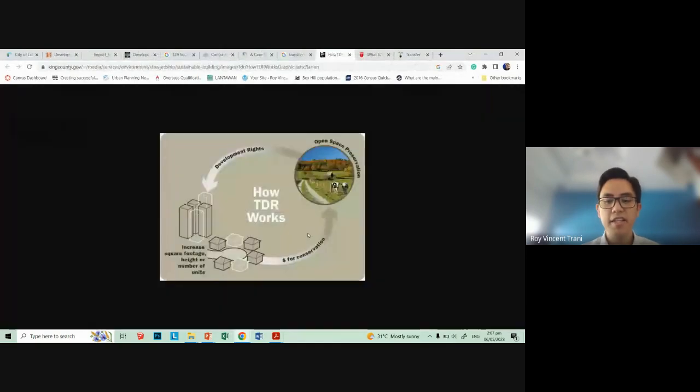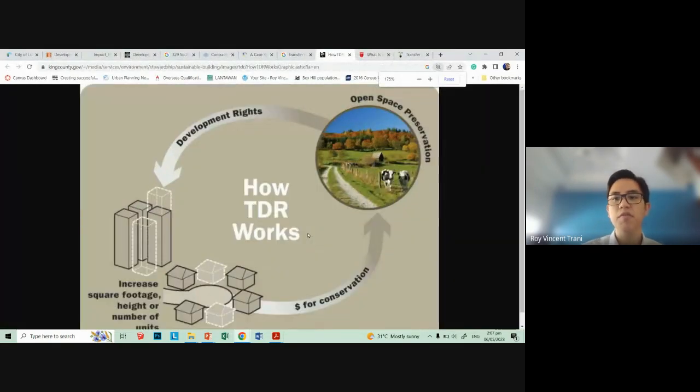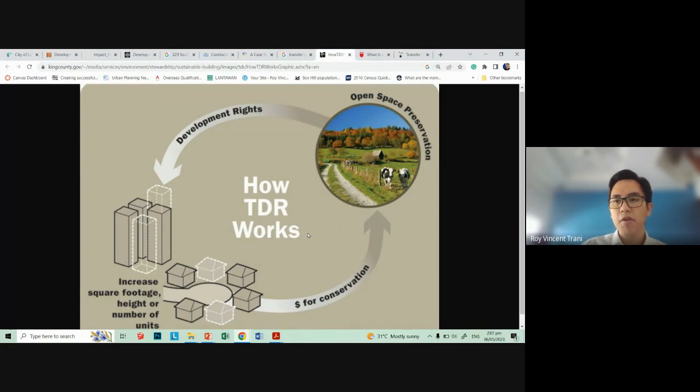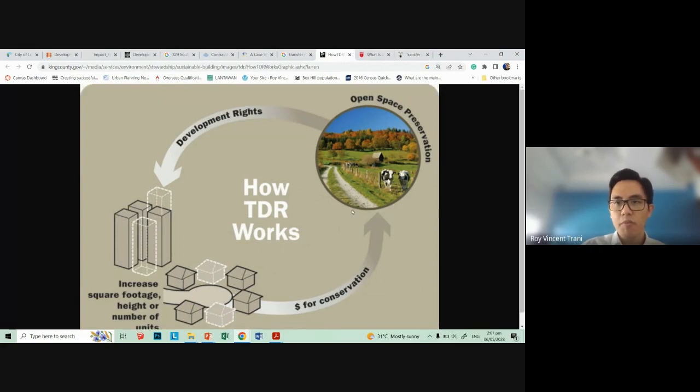So the basic idea of the transfer of development rights is that, for example, an open space preservation or a protected land area is being contested or eyed by a developer, and they want to construct a new subdivision there. For example, here in Cebu, we might have our protected land area encroached upon by new development. So the idea is